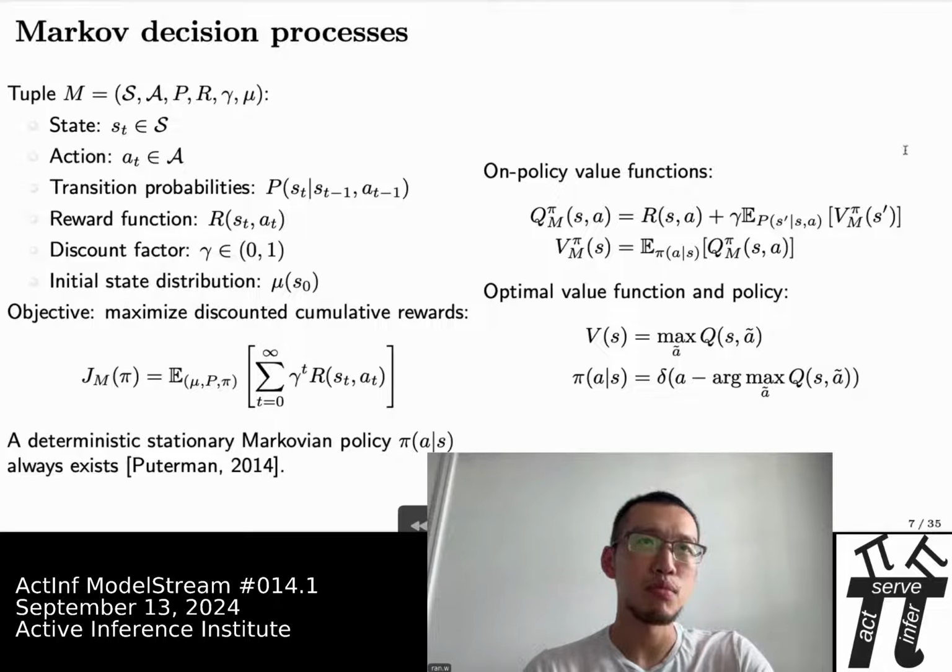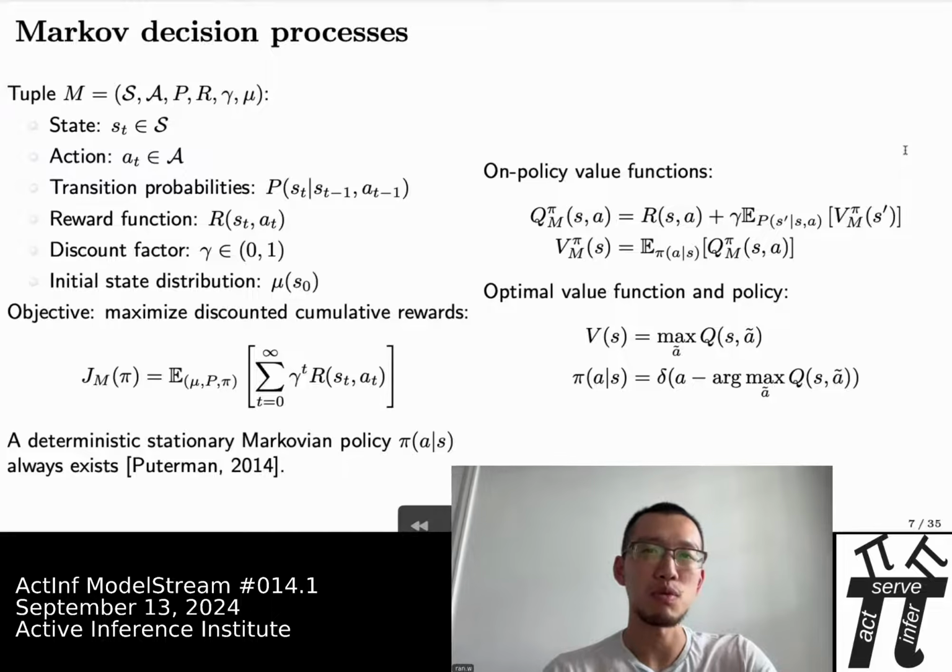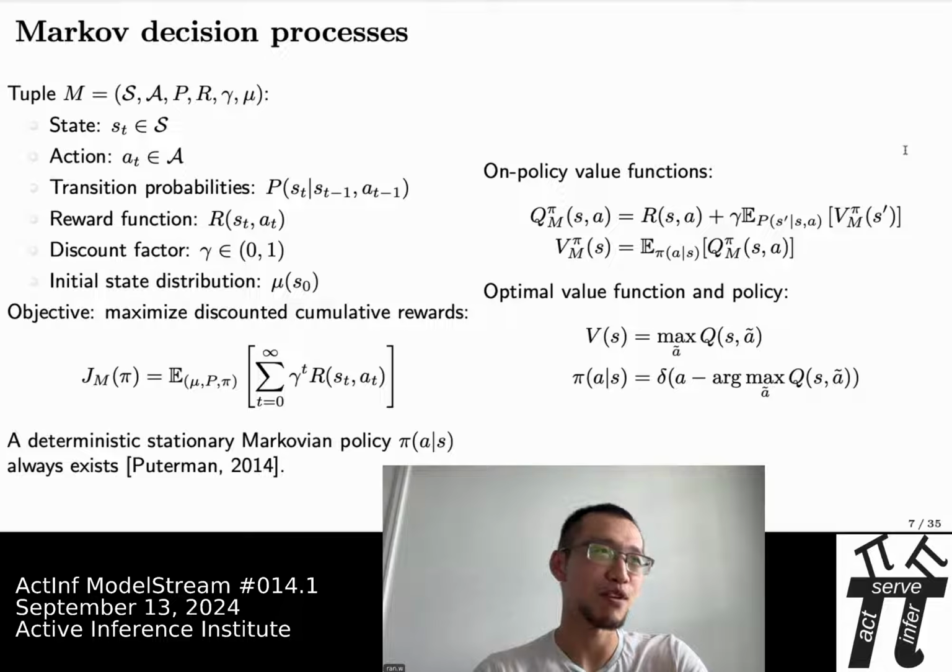So the preliminaries will be very brief because most people in the institute, I believe, are already experts in these topics. So this is the regular formalism for MDPs. And then the objective of an agent in an MDP is usually to maximize discounted cumulative rewards. So I have chosen to use the infinite horizon setting with discounting because it makes the analysis a bit easier.